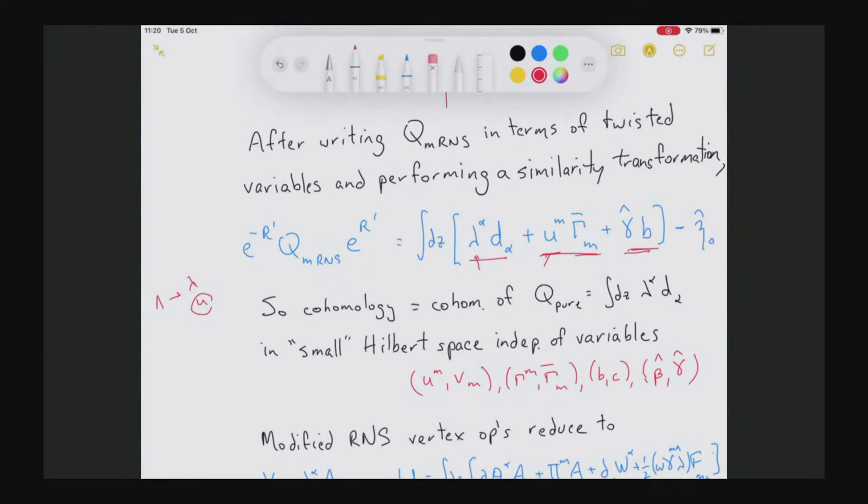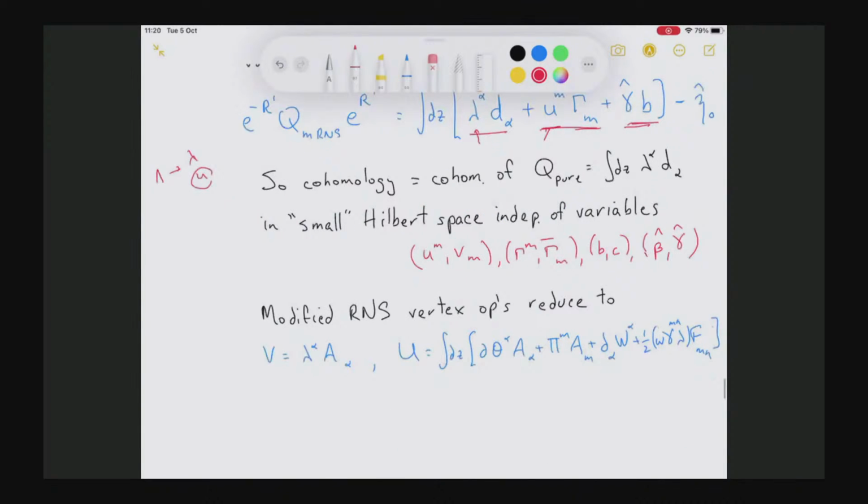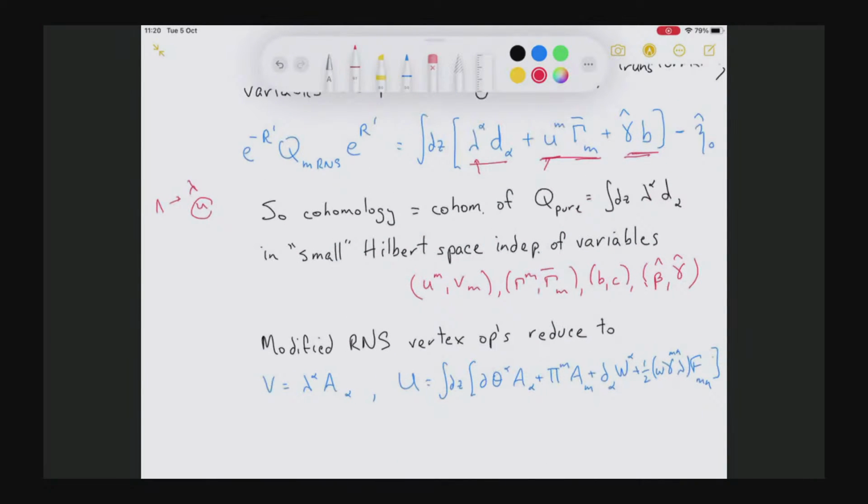Okay, so that's essentially how to relate this RNS to the pure spinor formalism. And of course, when you do this twisting and write the variables in terms of the integer spin, you find that the vertex operators we had before also reduce to the pure spinor vertex operators, plus of course something which is BRST trivial. So up to a BRST trivial operation, one finds that the vertex operators also map into each other. Okay, so this is what was done in this paper, and of course the next step is to try to compute scattering amplitudes. Okay, before I go to the next step, are there any other questions?